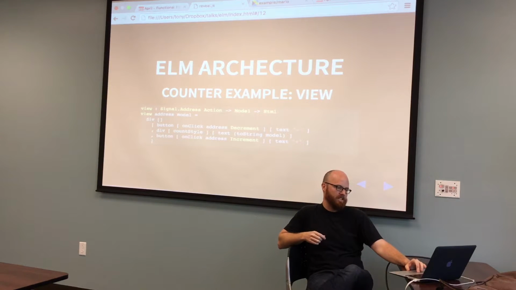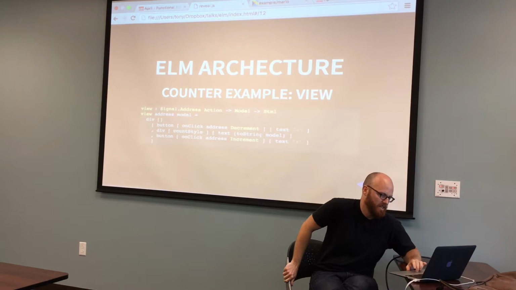So to translate this to normal HTML, we have a div with no attributes, we have a button with an on-click event, which takes in an address and a decrement, and then inside of that button, the content of it is a minus. And then we have a div that has a style, but we can't see it, it's not defined here. But basically, we display some text there, which is taking our model and calling toString on it. So we've got our integer, let's turn it into a string. And then a button for the increment, which is exactly like the decrement.